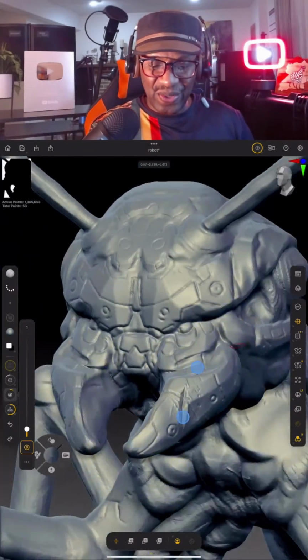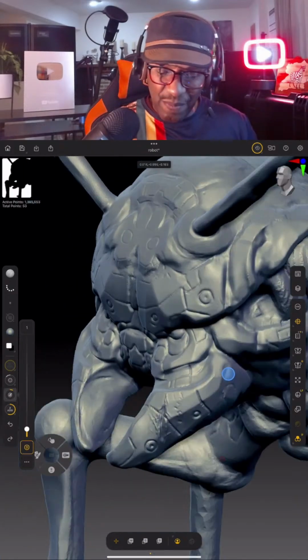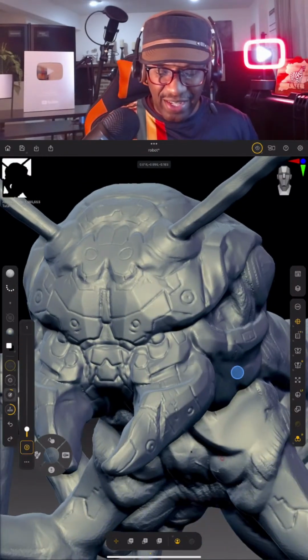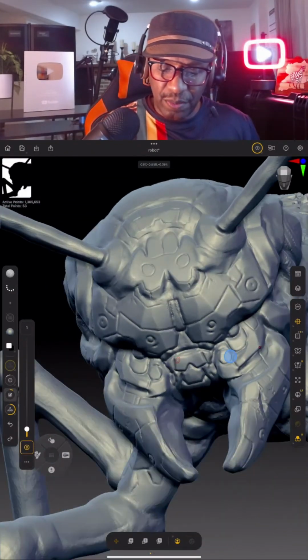Yeah. So you can actually start seeing that's the damage that I've added. And I turned off the